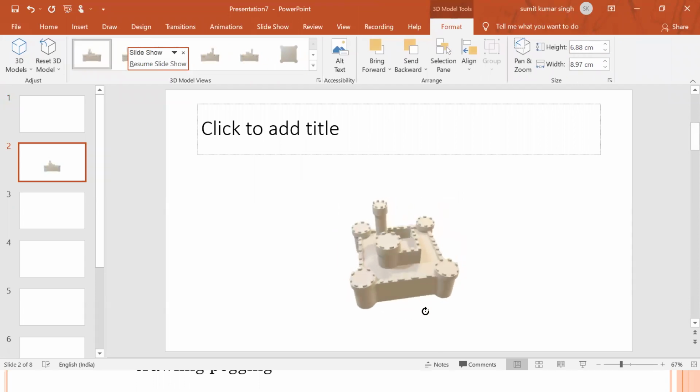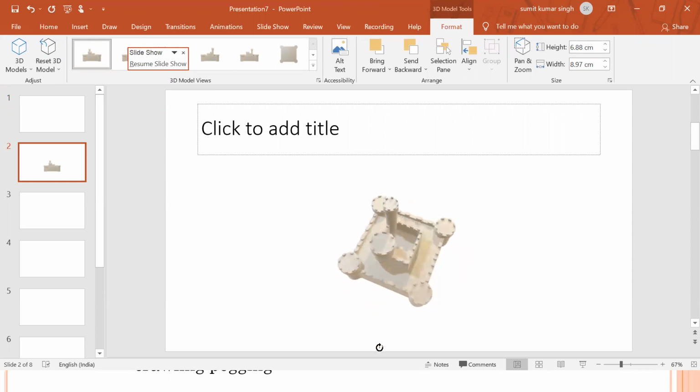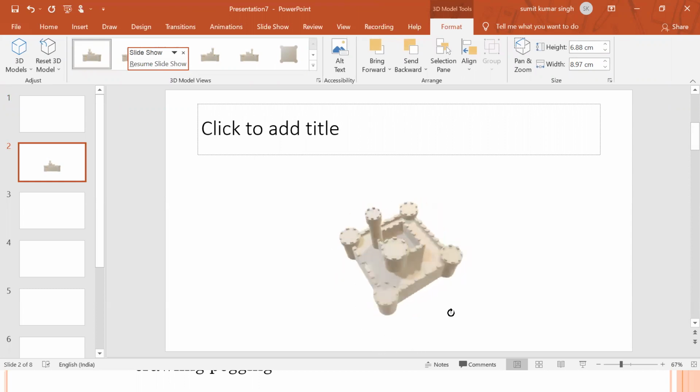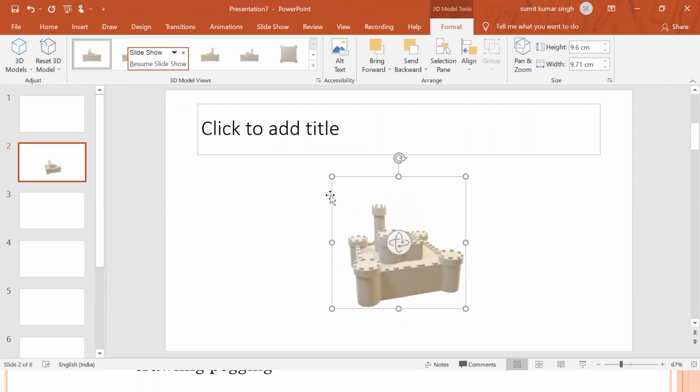You can see this. For describing some visual representation in presentation, you can use 3D images also.